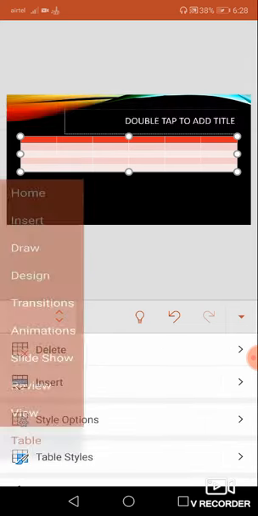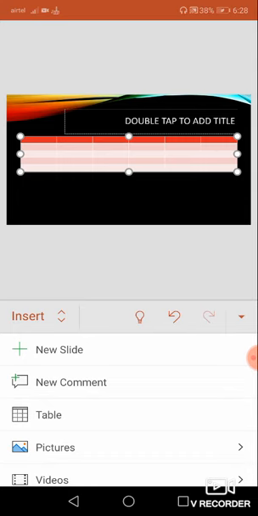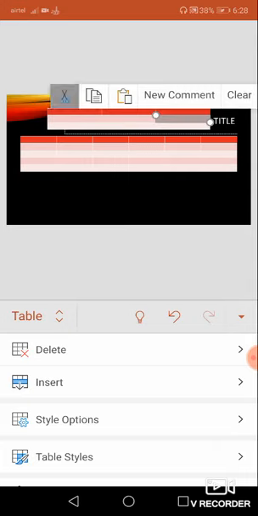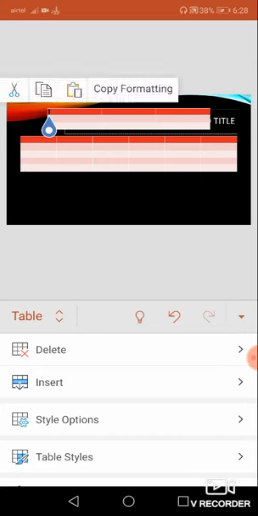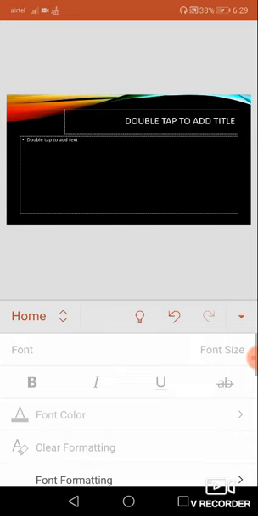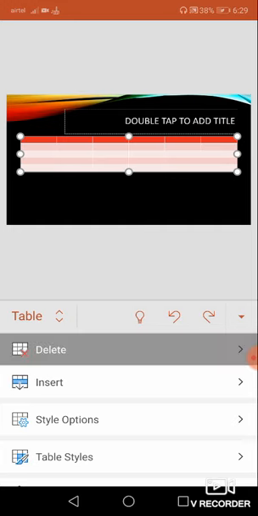You can click insert table, and then you can start inserting your rows and columns. And if you don't want them, you just click on this and then you can cut. And if you want to delete the rows and columns, you just select them and then delete columns, and the entire columns get deleted. If you want to go back to the original position, you can go for the undo option, and this symbol is redo.